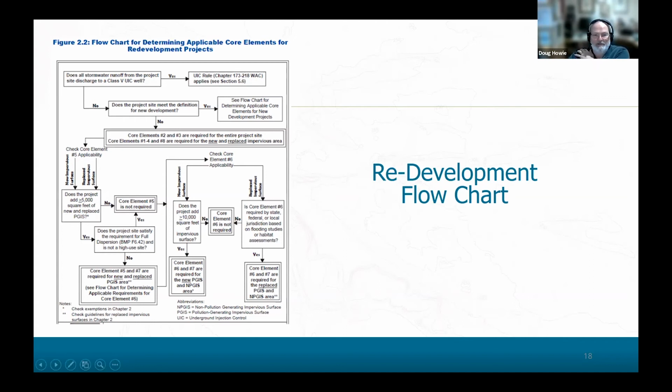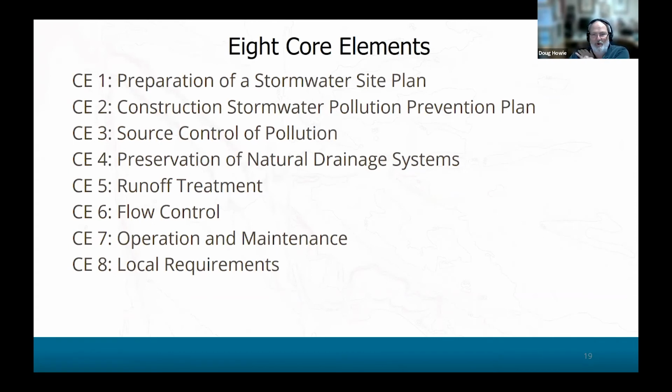Now, I probably don't need to give you this next slide, but I'm going to show the next slide here. And these are the 8 core elements. So 1, 2, 3, and 4 are essentially layout, services during construction, and source control. And source control applies to commercial and industrial projects, but it doesn't apply to single family residential. It is in the manual, core element 2, all the information about construction stormwater pollution prevention plan,